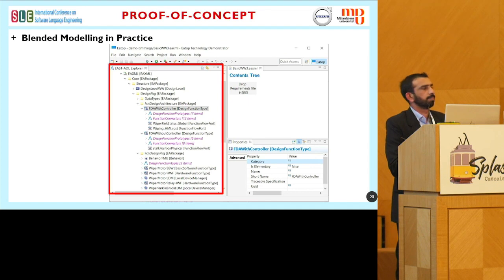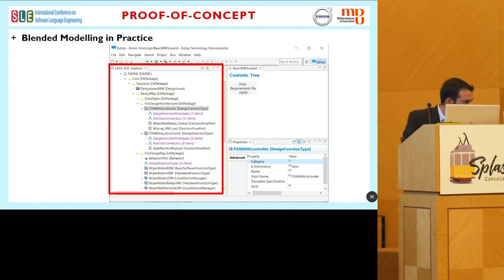Is there any last question to Muhammad? Okay, I will have a few seconds for asking my question. You discussed how to combine textual and graphical modeling, but my question was more about which part should be textual and which part should be graphical, and which textual and graphical syntaxes future users are expecting.